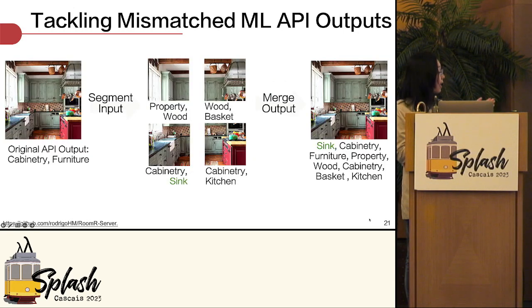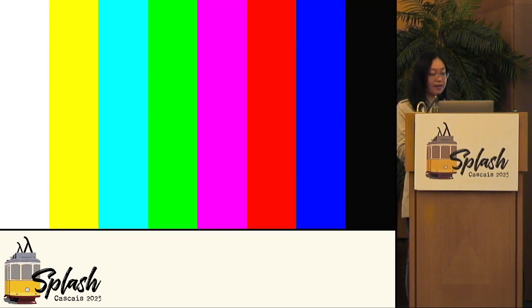So here's another example. When the ML API outputs furniture initially, SmartGL would not immediately know how to convert this output, as furniture is a superclass of both light and sink, which belong to two different focal value sets. So in this case, SmartGL will segment the photo into 4 pieces and try again. And this time it correctly recognizes there's a sink in the image.